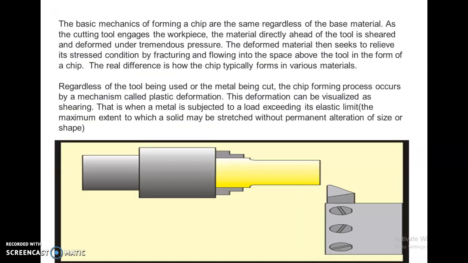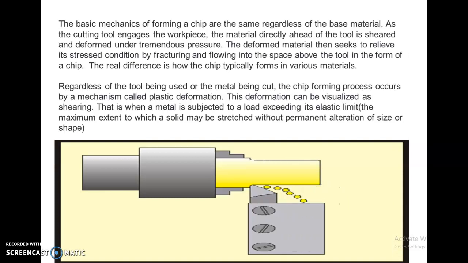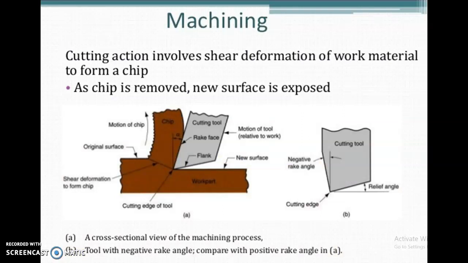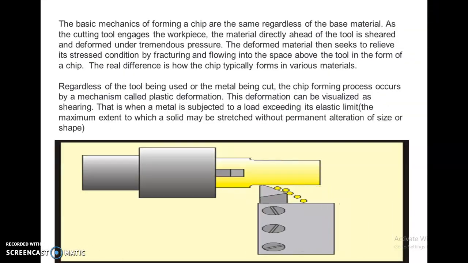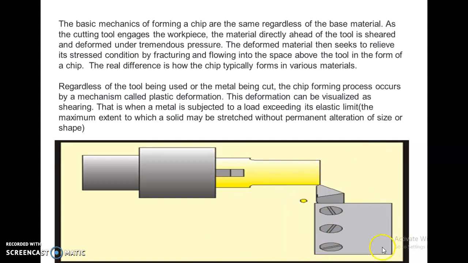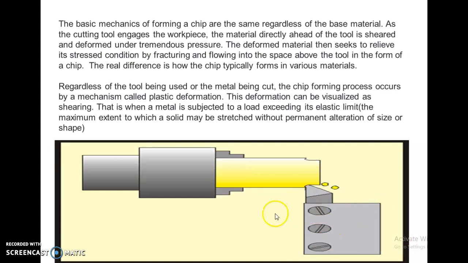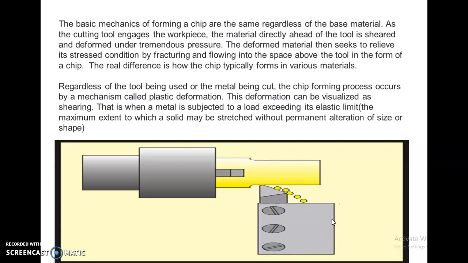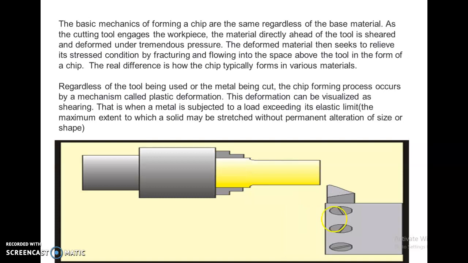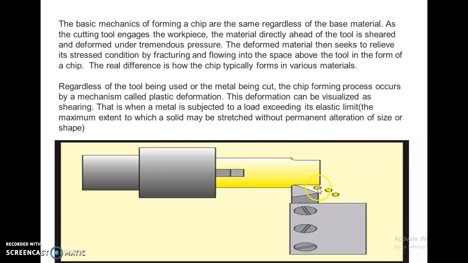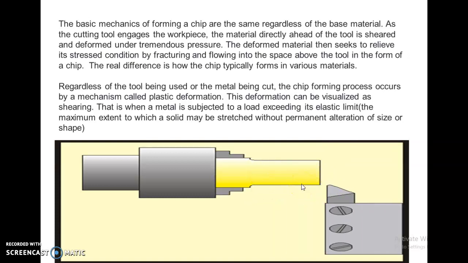So we'll be seeing the mechanics of chip formation. Okay, how is the chip formed? I have said here the chip is formed here. We are going to see how the chip is formed. So consider this as the single point cutting tool. I have just shown the animation. Okay, what operation is being performed here? They are performing a turning operation, reducing the diameter. Facing means reducing the length of the workpiece. This is called the cutting edge. This cutting edge will be in direct contact with the workpiece.